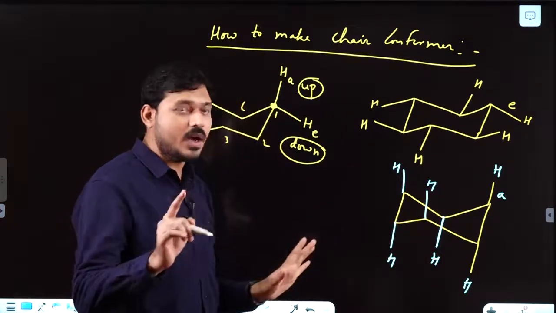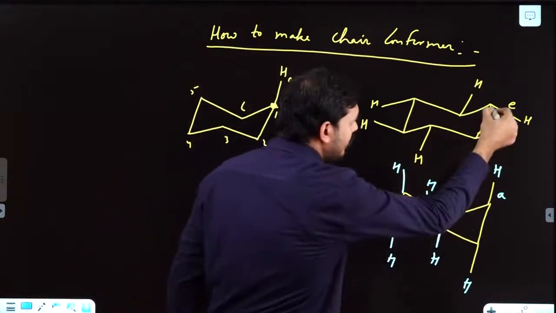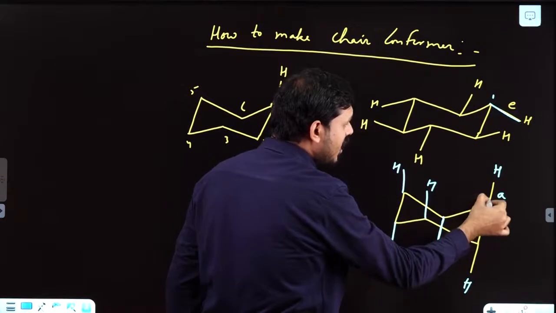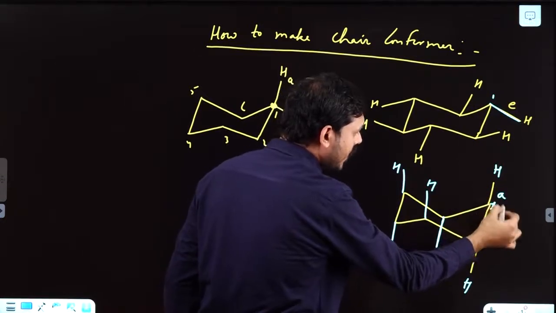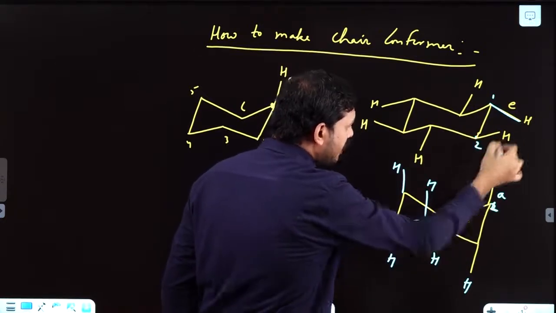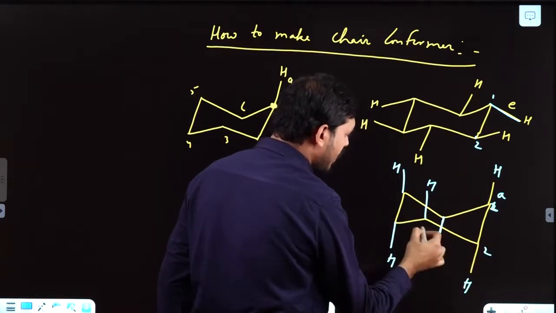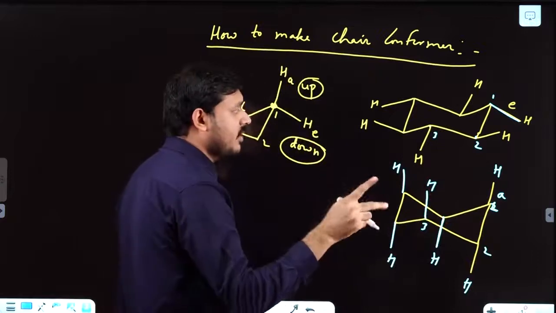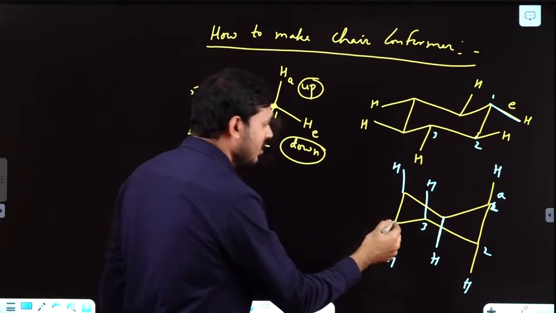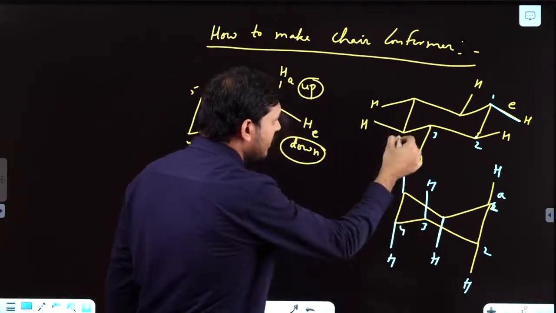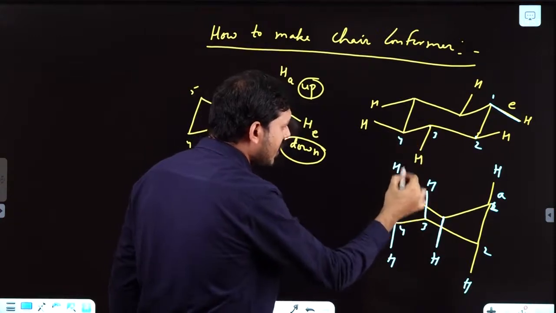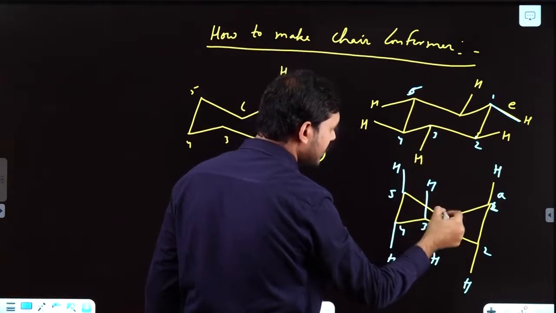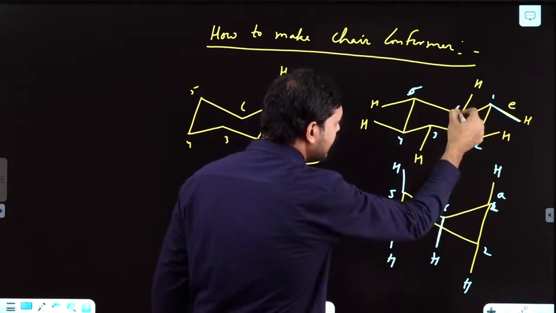So now observe these two. This is your down position from first carbon. This is your up position from first carbon. Okay. Now from second, up, here down. From third up and here down. As you see, it must be having both positions up and down in each carbon. So this is your fourth down and fourth up. Now this is your 5 up, 5 down. Now this is your 6 down and this is your 6 up.